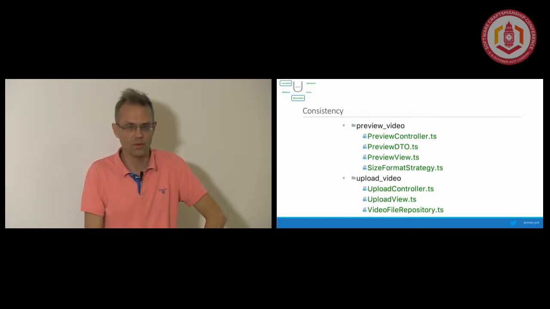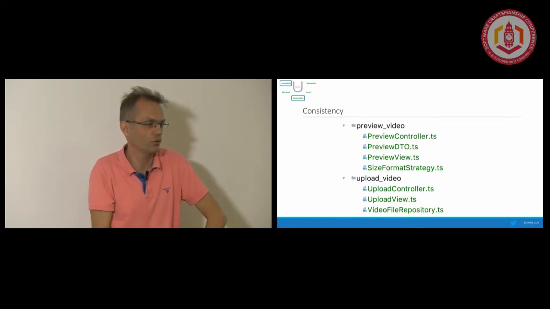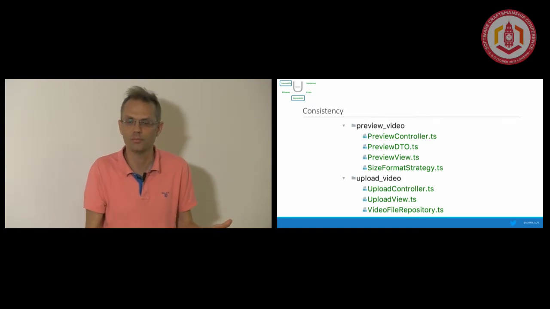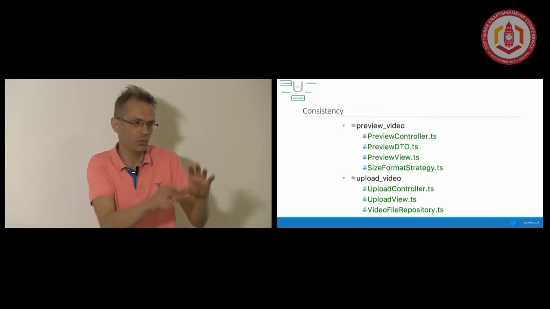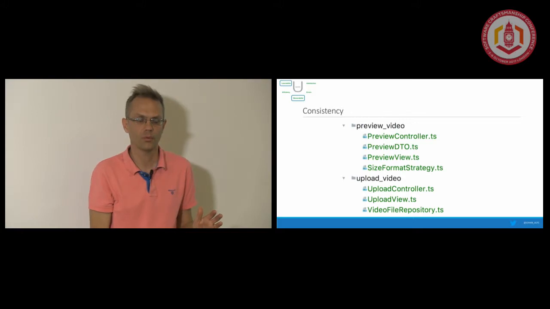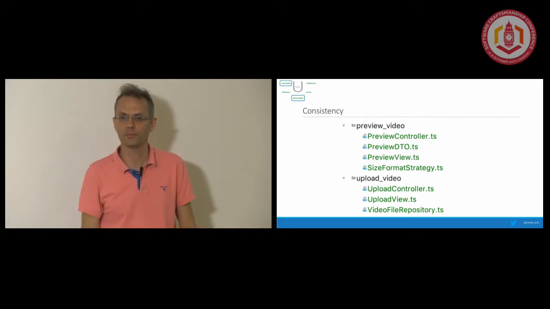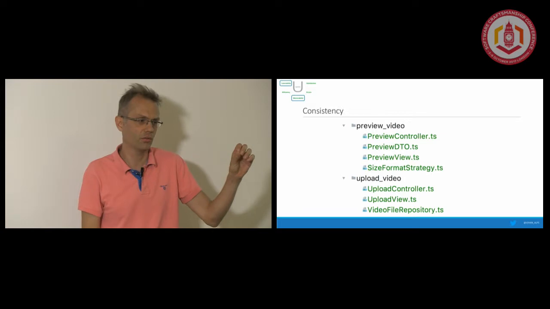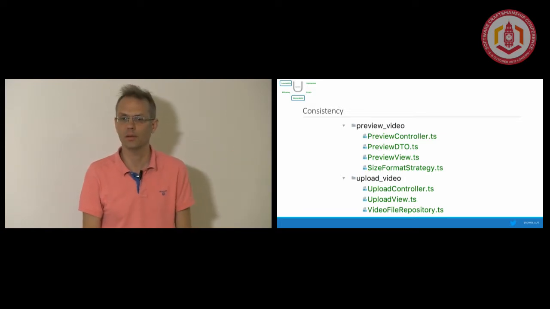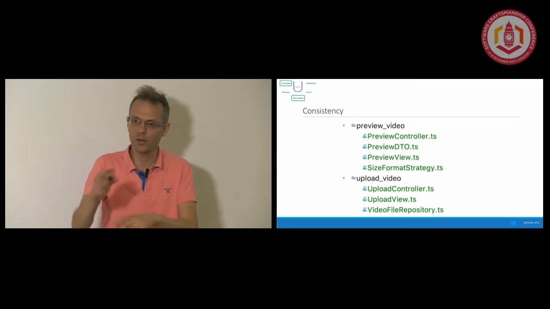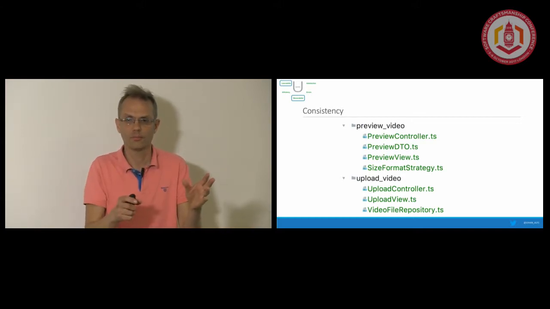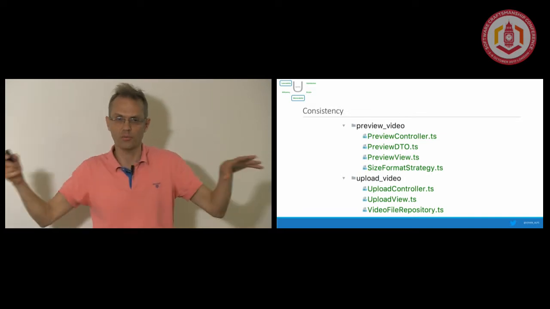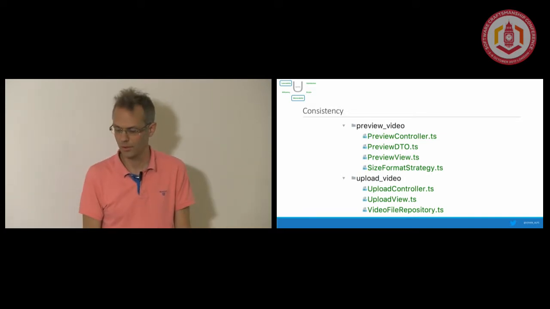If you want to find the controllers, you just open up find file, type controller, and you have a list of them. So you don't have to put them in the same package. You can have both things: navigability along the features, and a consistent way of finding a controller, if that's what you're looking for. The value you get from this is that you don't have to navigate so far. Or you can even break things out of the application, like pull out a microservice.